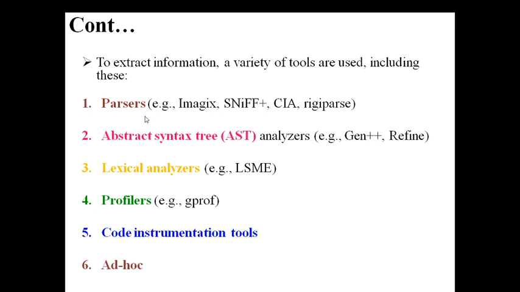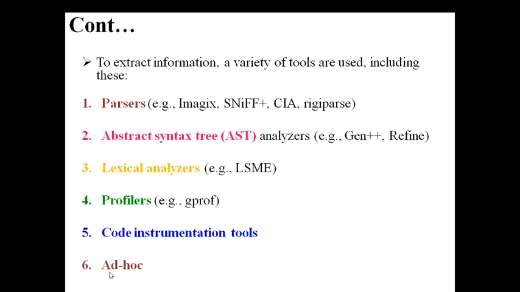Okay, so what is a parser? It will trace the code from first to last, what it contains. Abstract syntax tree: what is the dependency of the variables? Okay, so one variable is calling another. Which variable do we have to give highest priority? Lexical analysis: any variable's importance or data type, what is the outcome of this data type, what is it going to do in your program, those are tokens. Profilers means the overview of any module. Okay, next, code instrumentation tools: if you want to verify the code execution of one module instead of one variable, we can use the code instrumentation tools.